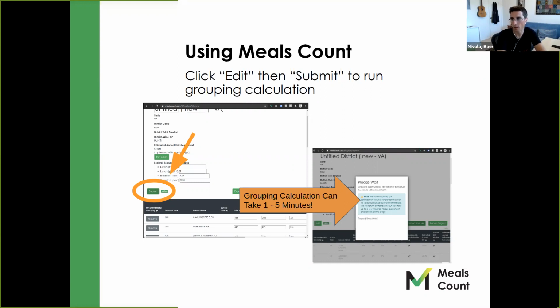If you are LA and New York, first of all, you should just contact me, but secondly, it will take up to 5 minutes to run LA. So that's about as long as it gets. So it does take a few minutes now. That's just because we've been optimizing it recently, and it's getting better and better results, but that takes a little bit longer.